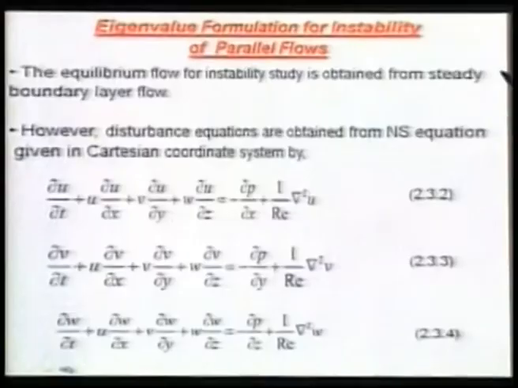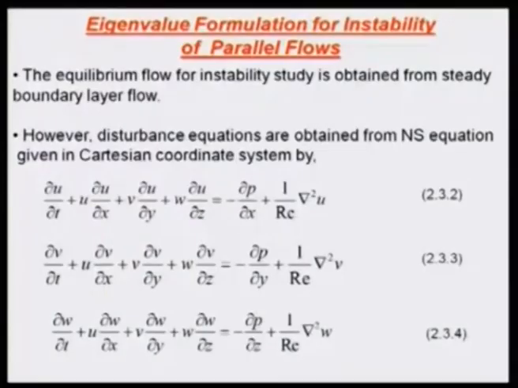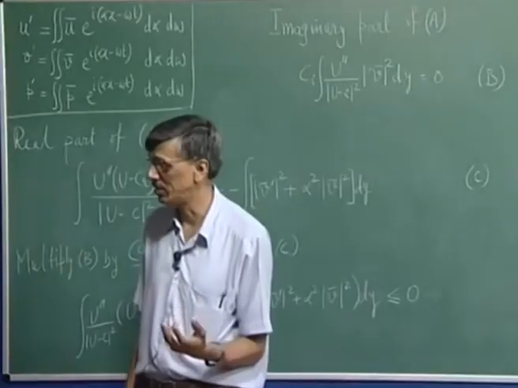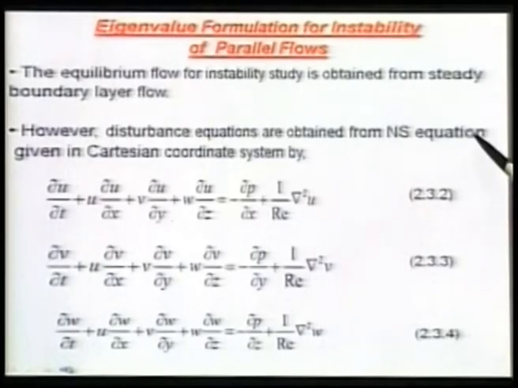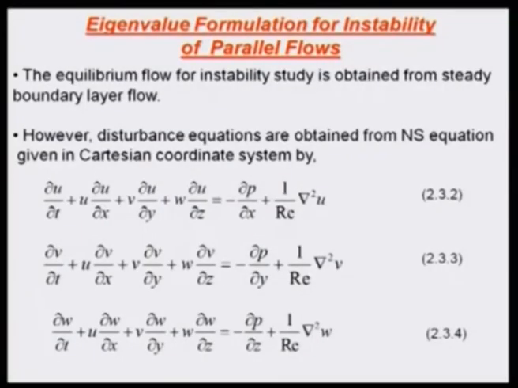So, the mean flow is obtained from boundary layer flow. Boundary layer flow is a kind of simplified version of the Navier-Stokes equation, but when it comes to obtaining the governing equation for the disturbance quantities, please mark it. It is important that we do not make any assumption about the disturbance quantities. They are still given by the Navier-Stokes equation, and what you are seeing here written down is given in a Cartesian